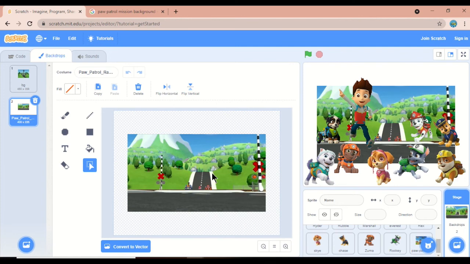Yes, I got this, but you can see this backdrop is not completely filled over here, so I want to fill this all.